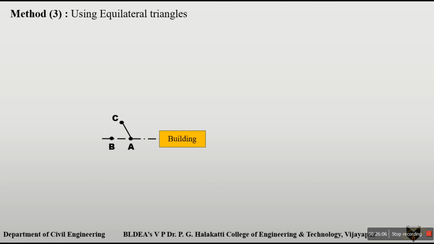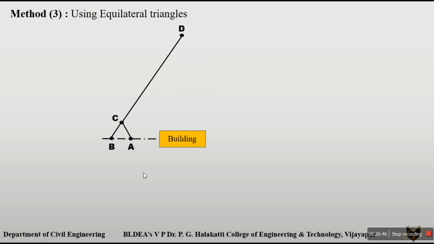Then join these 3 points, and we will get a triangle. In this triangle all the sides will be the same. AC, BC will be 1 meter, and AB is also 1 meter. So this is our equilateral triangle. Now the next step is extending the BC line to a convenient length. For selecting this point, it passes half of the building length. Then fix that point, that is D point.